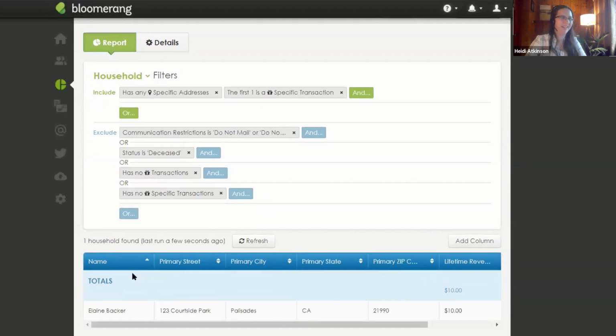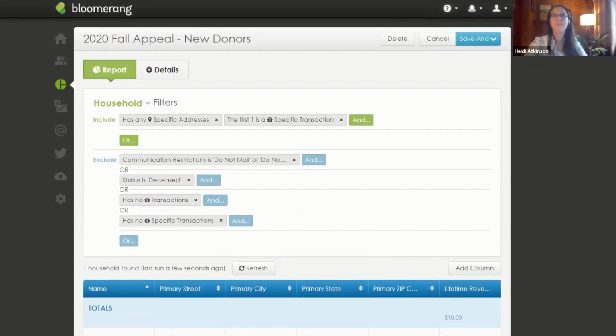Wow, I have one. So this is one place where you're going to decide what your segments are based off of what those volume numbers are in your system. If you have exactly one person who meets that segment, maybe that's not something you necessarily need to prioritize building out all those little custom grids of who meets what criteria. But this is a demonstration, so we're all good. So we're going to go ahead and save the new donors one, and we're going to wrap up here with the last one